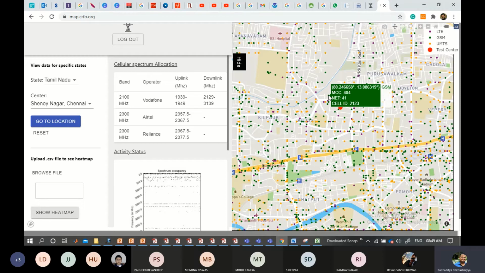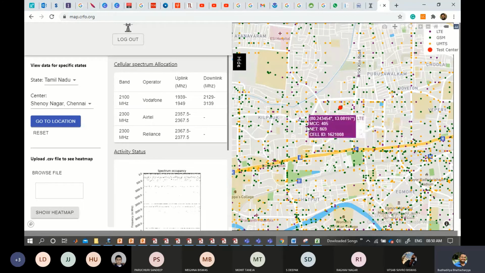But we don't need that. And also you can observe on top the latitude and longitude of the particular base station, of a GSM base station nearing this sector. So this way, if you just toggle around any of this, you will get the information as it is. So like that, you can check here that this is 404 and some changes,